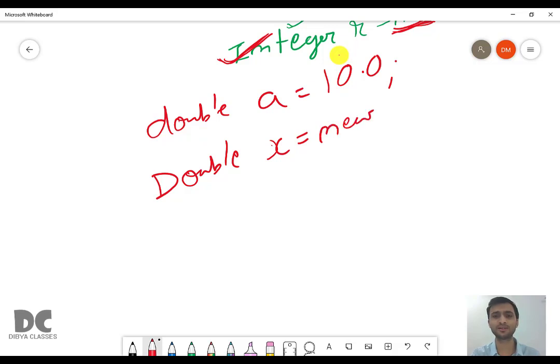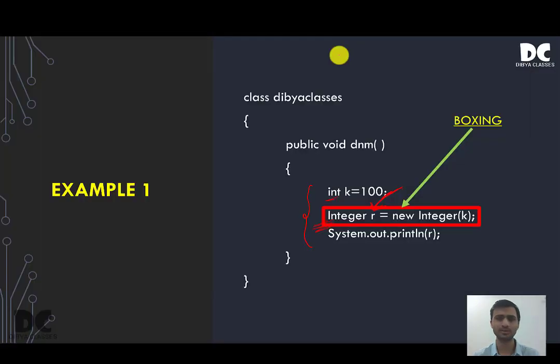New will help you create the object x, then again Double, and then the variable A within brackets. So here 10.0 or 10 will be stored in the object x. Similarly for all types of data types. So this is called boxing.